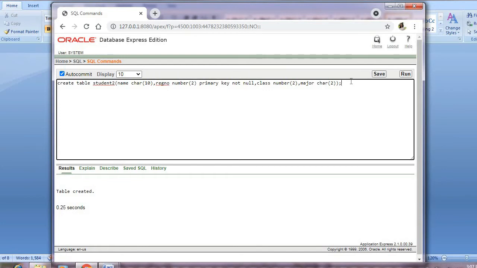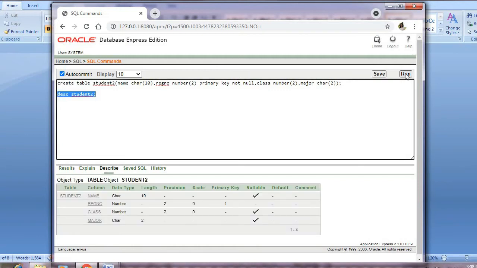I want to check whether my table is created or not. So I'll use describe, DESC. After that, you have to specify the table name, that is student 2. Once again I'll use a semicolon. I have to run only this statement, so I'll select that statement and run.